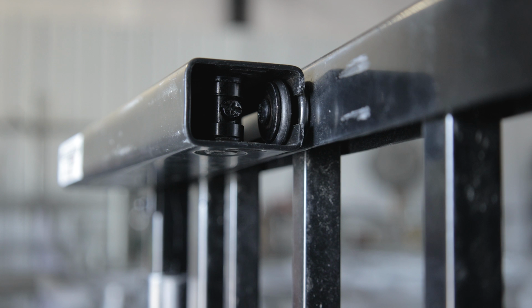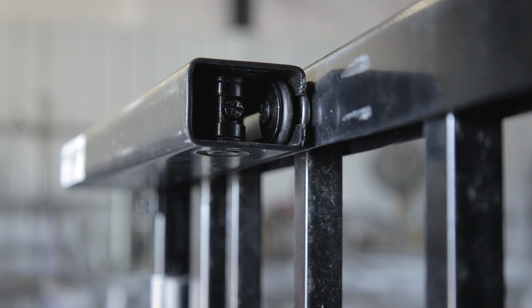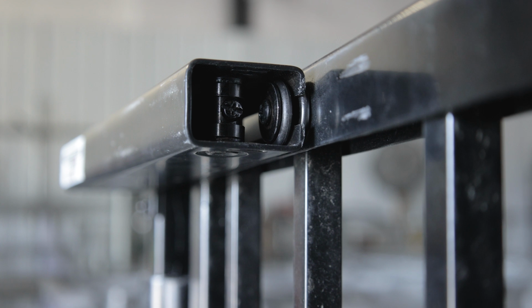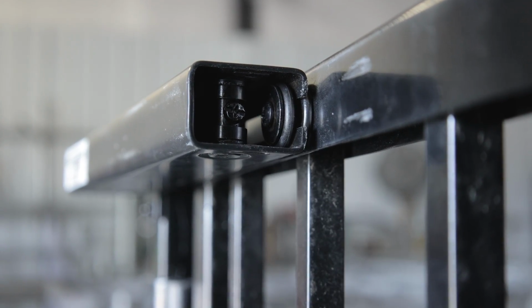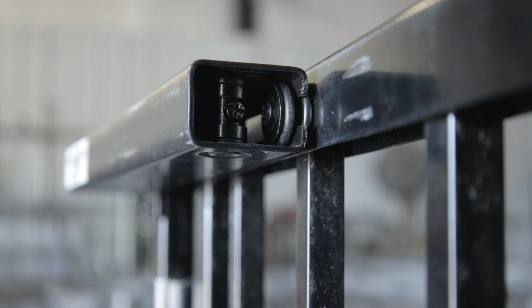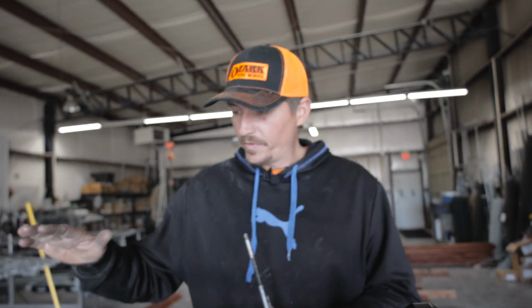Now that we have everything installed, you can look inside of the hydraulic gate closer and you can notice a Phillips head screw in here. That screw is going to be used to adjust two things: one, the closing speed of the gate, and number two, the latching speed. So this particular gate closer has two different mechanisms inside of it, and that one screw is used to adjust